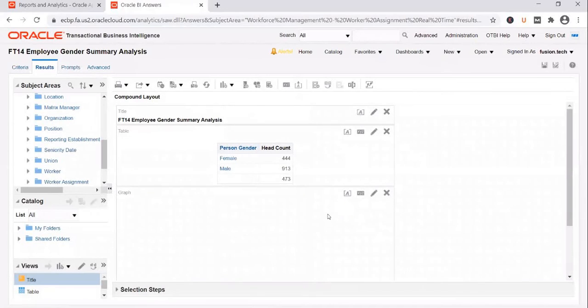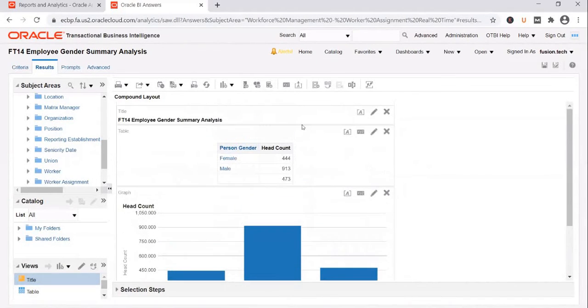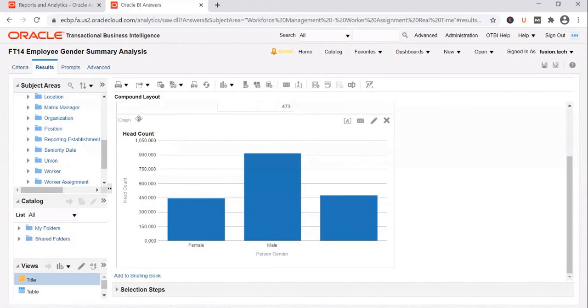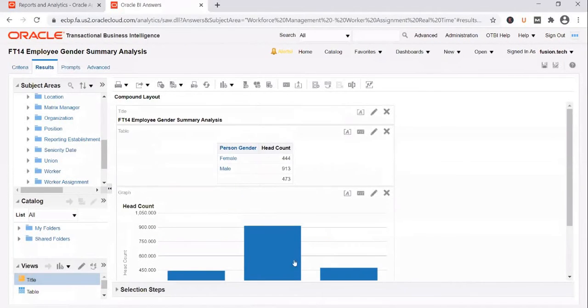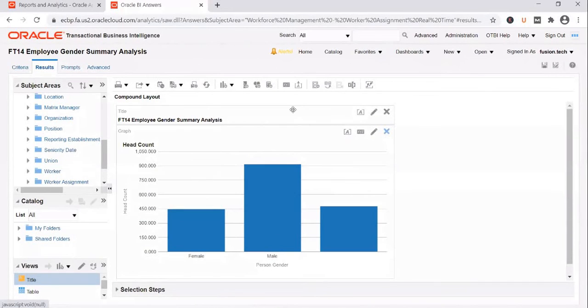You select that, and the moment you select a new visualization, the table doesn't get deleted, but instead another visualization graph gets added, and you can see the details in a graphical format. If you want, you can display the same information in multiple visualizations as well. But since in this case it doesn't make sense to display it in a tabular format, I have taken it out. And what is getting displayed now?